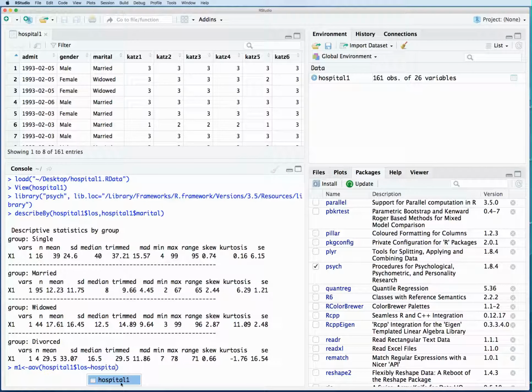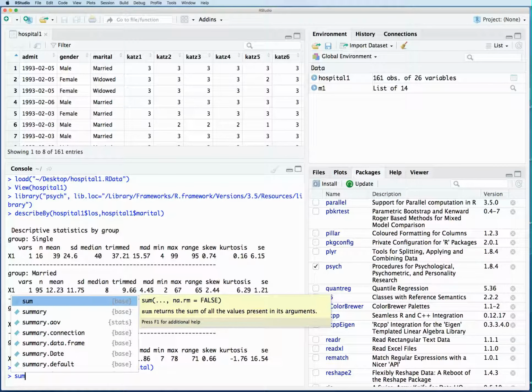I'll use the fly out, it's safer, and then $, and then marital, and that's all I have to do. So I could tell it's correct because it put the listed vector up here and it didn't give me any error. So I'm going to type in the summary command,